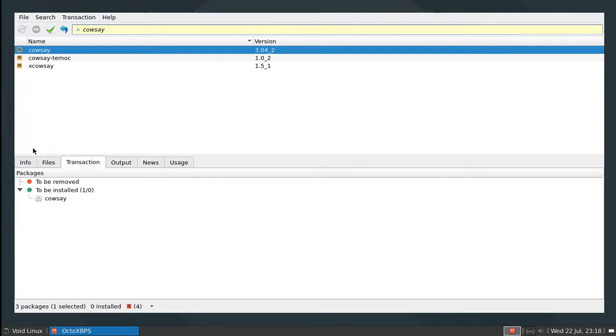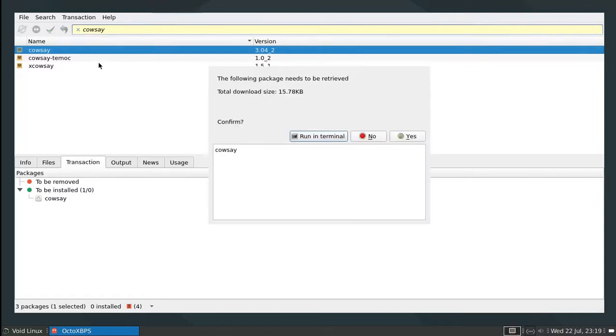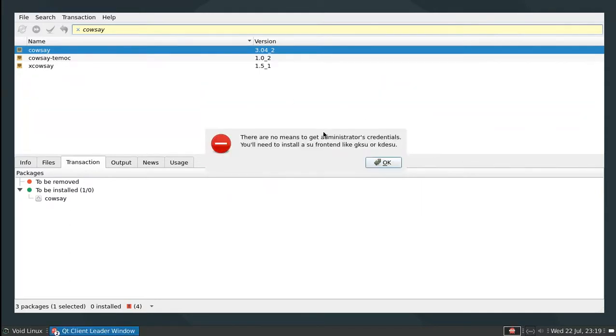And this is based around transactions. So every time I need to update or install something, I need to essentially do a commit on the transaction. Now I'm going to show you what's the error that you most likely get if you want to install it as you would expect. And if I type in yes here, you actually get this kind of error. So there are no means to get administrator's credentials, and it says you need essentially an SU front end,